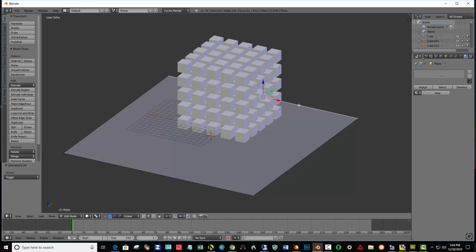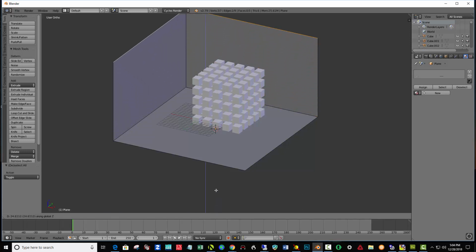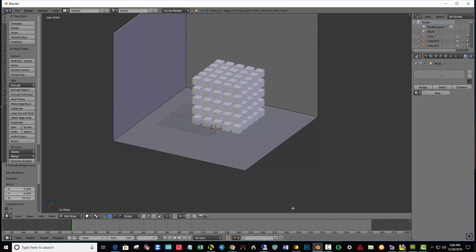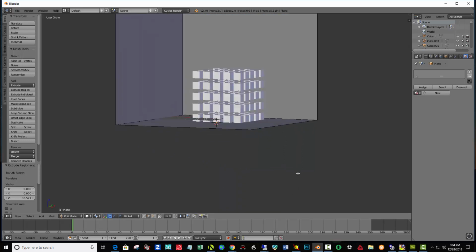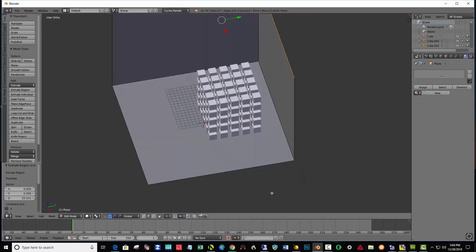Right click on the back edge, hold shift, right click on this edge, zoom out a bit, and now we want to extrude these edges on the Z axis. So I want to hit E, the letter Z, and just pull with your mouse to bring that up. Excellent. So now we have our photo cube